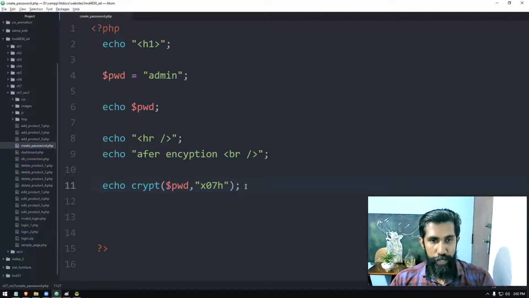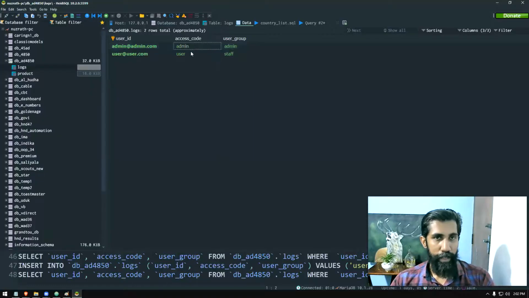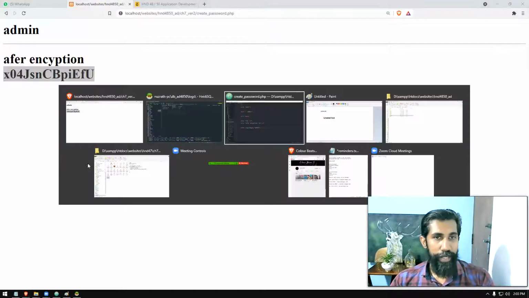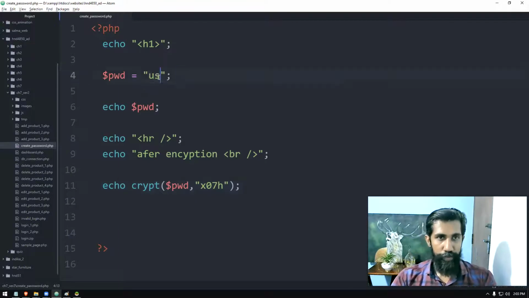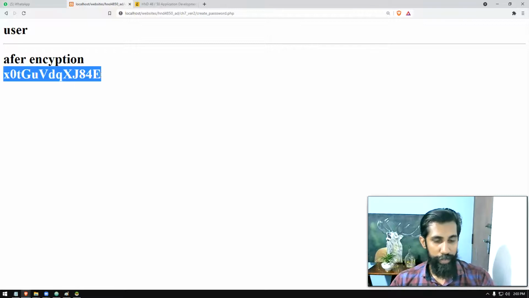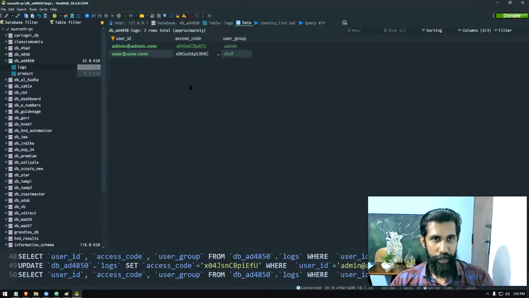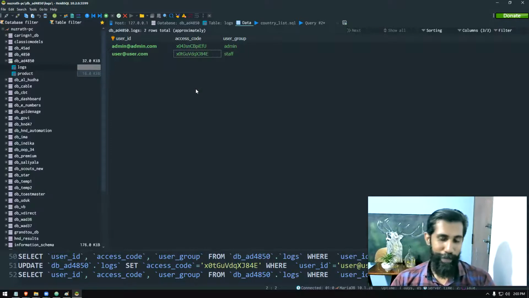Right, so we will proceed to the next step. What I'm going to do is take my database part. First, I'm going to copy this, right? So I will properly copy that, open my database table, and paste it here, right? Now it is gone. Then I'm going to rename this part to user, and I'll reload once more. Then that password is also generated. Copy that, and I can put it for user, right? So no one can guess the passwords now. If you forget, then it's a problem, right?